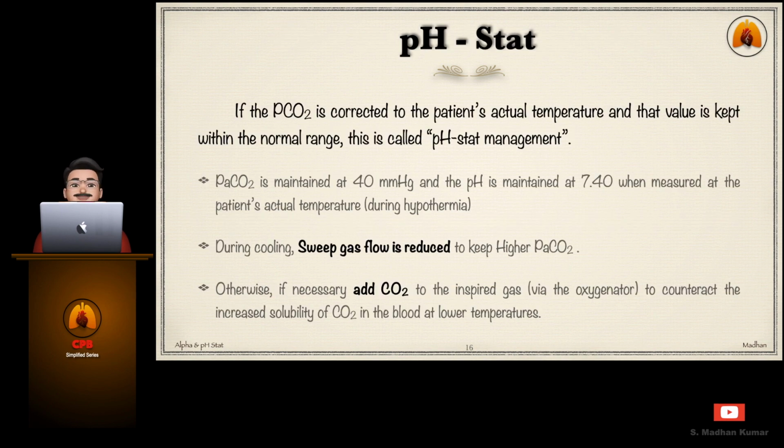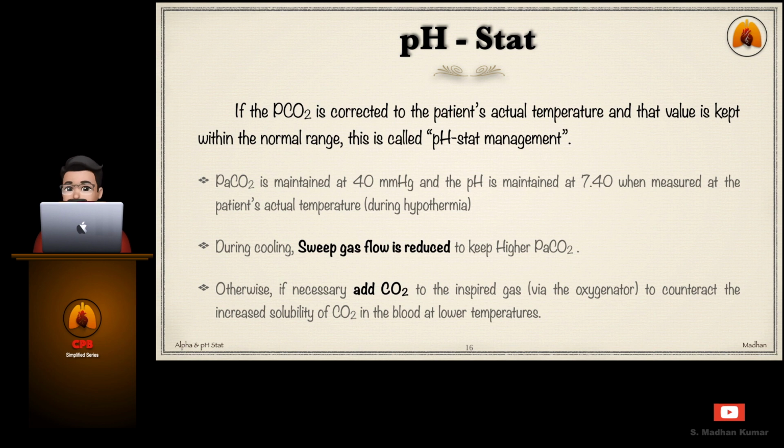Now let us see about pH stat management. If the pCO2 is corrected to the patient's actual temperature and that value is kept within the normal, this is called pH stat management. PaCO2 is maintained at 40 mmHg and the pH is maintained at 7.40 when measured at the patient's actual temperature